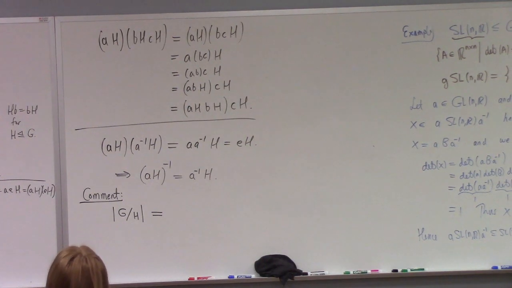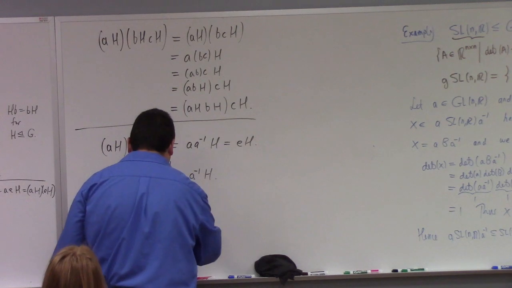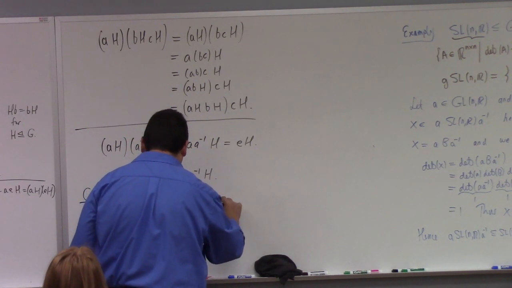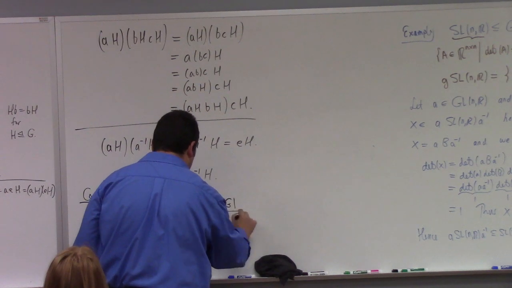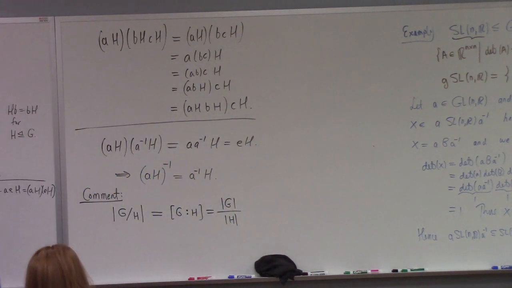How big is the set of cosets? That's what we call the number of cosets, also known as the index of H, right? So this is the index of H, G colon H like that, which we said by Lagrange's theorem was the order of G over the order of H, assuming, of course, that G is finite. So for a finite group, we have this amazing victory of notation that the order of the quotient is the quotient of the orders,